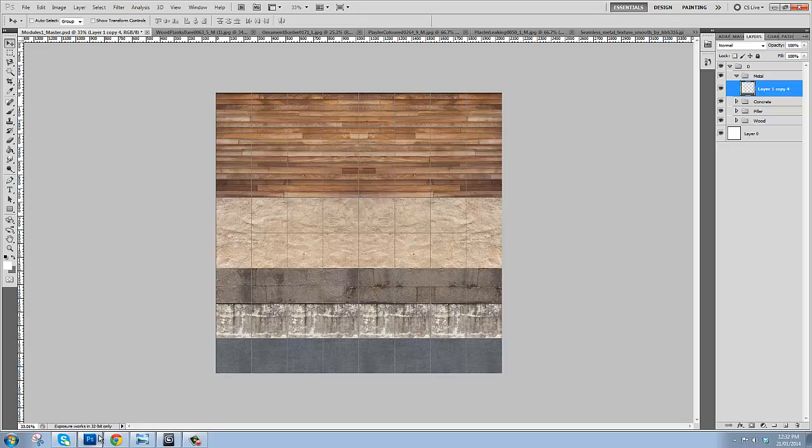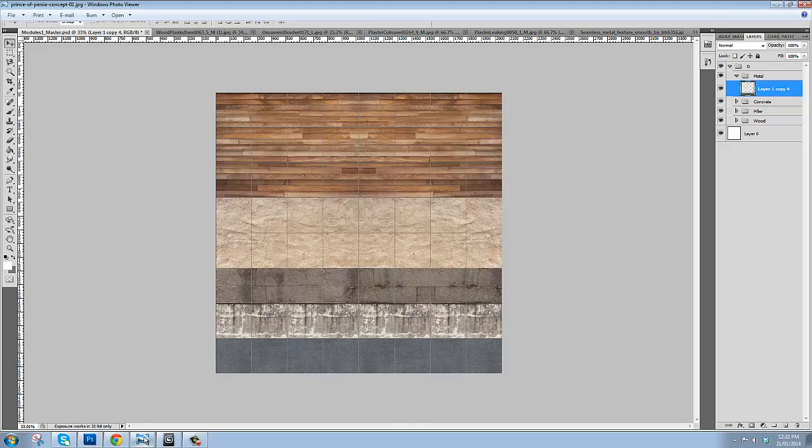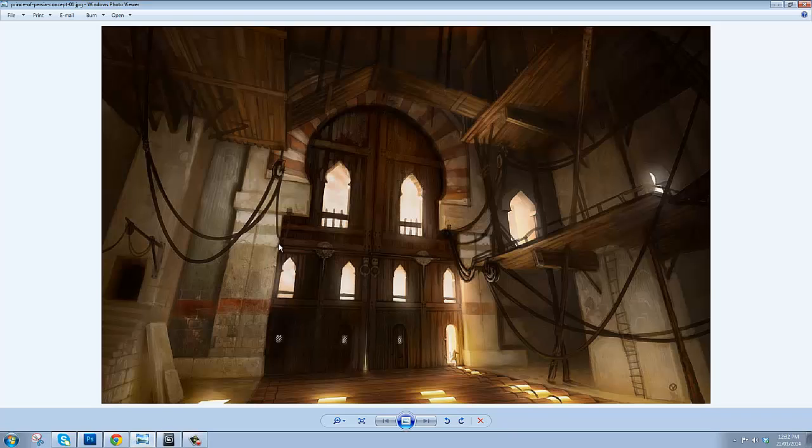Should your lead artist or art director ask you to fix something, it gives you a great chance to make everything in your scene have a certain homogenic look to it. By that I mean not putting too many different details throughout. You still want your scene to have things that pop and shine and stand out. But this is a good way of building a base, a good blockout, if you will, of your textures, to get a feel for the color and the mood, and it's a lot easier to fix after,